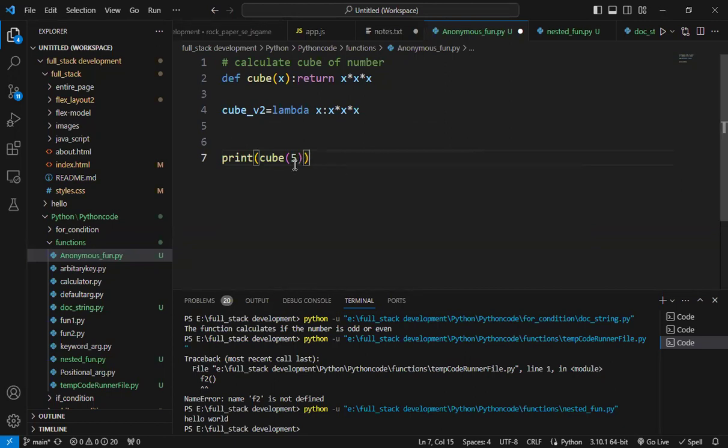Okay, cube 5. So 5 is going to be passed through this x. Then this is going to be executed and return the cube of x, x into x into x. या 3 व्हॅल्यूजचं क्यूब कॅल्क्युलेट करतो आणि रिटर्न करेल. ओके, दिस इज नॉर्मल फंक्शन. आता हे कसं कॉल करणार आहे? सेम